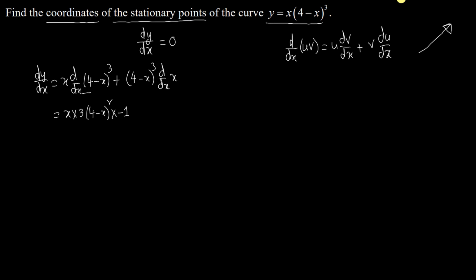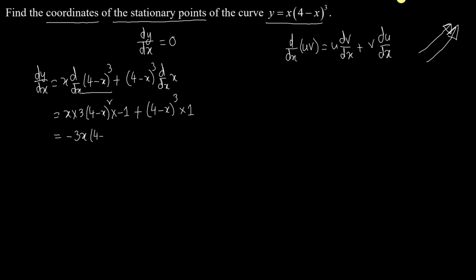Here we need to apply the chain rule. If you don't know the detail of the chain rule, please see this I button, another video for detail. So the next part is (4 minus x) whole cube into 1. That is the expression. Now we are going to simplify the full expression, which is minus 3x